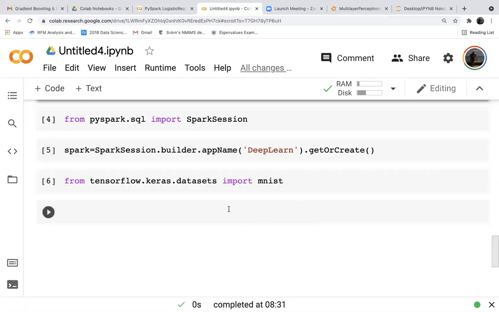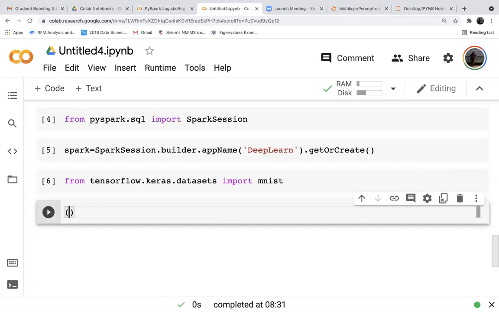We have imported the data set. Now let us assign the data set to train and test.